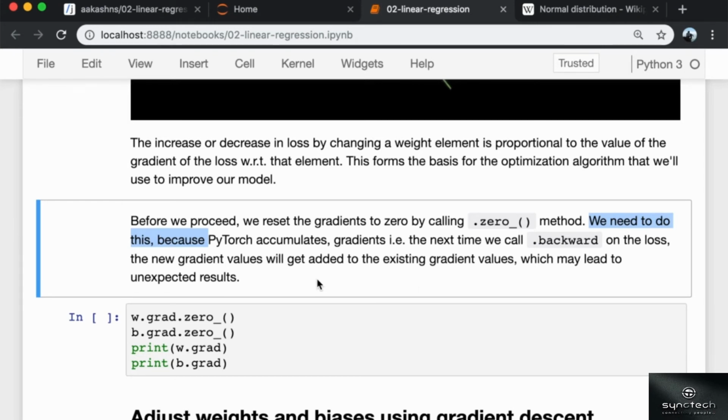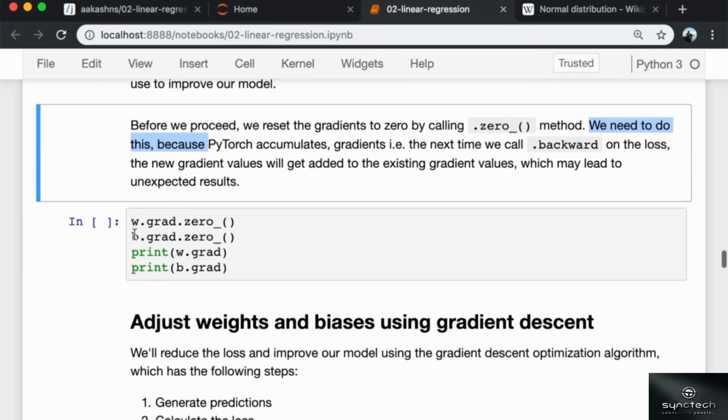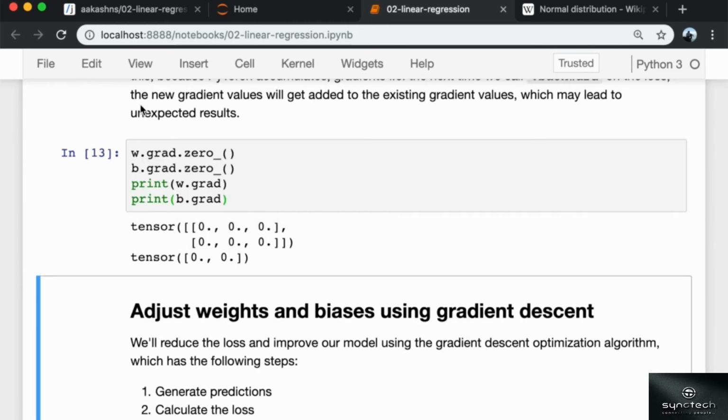So w.grad will first get the first set of gradient values, and then if we recompute the loss and call loss.backward once again, w.grad will retain the original values of the gradient, but it will also add on the values of the new gradients, and this can lead to problems sometimes because we want fresh gradients each time. So by calling w.grad.zero_(), we set these gradients back to zero. Okay.